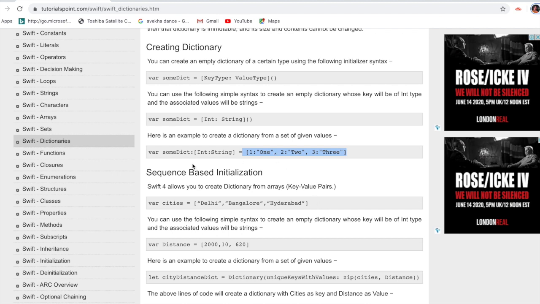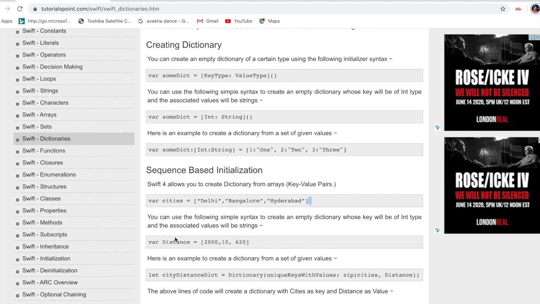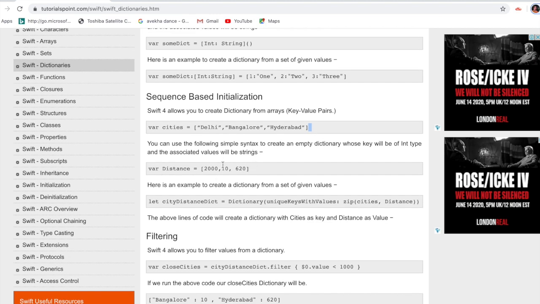So this is a sequence based initialization. See, var giving one variable name, after that using bracket open Delhi, Bangalore, giving a collection of strings in one array. Same case we can assign a collection of ints in an array.